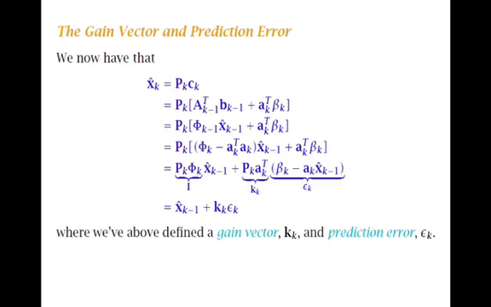Now, to learn more about the gain vector and the prediction error, xk bar equal to pk into ck, and if you substitute the value of ck here and go on simplifying it, you arrive at the formula xk bar equal to xk minus 1 bar plus kk into epsilon k, where we have defined above